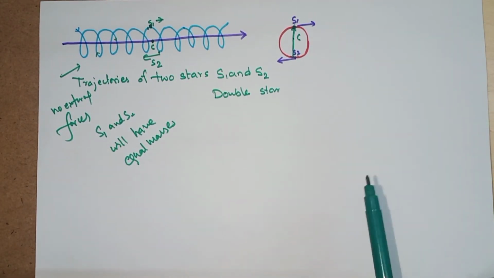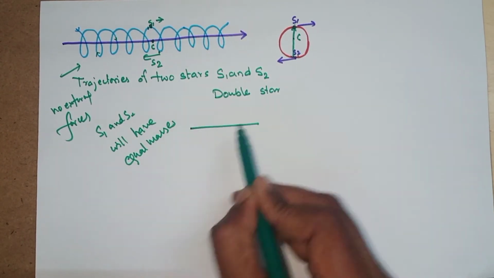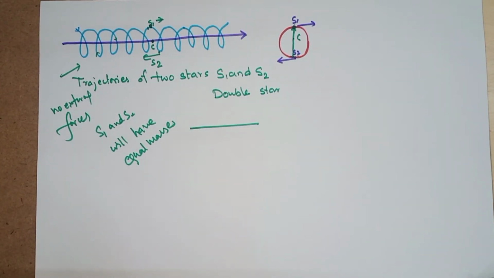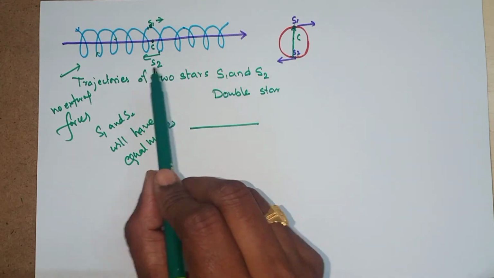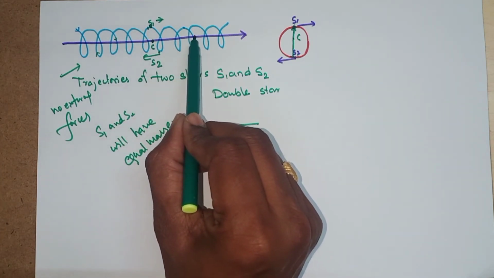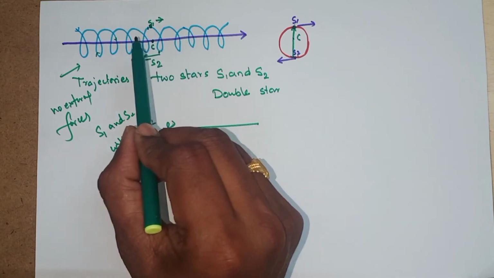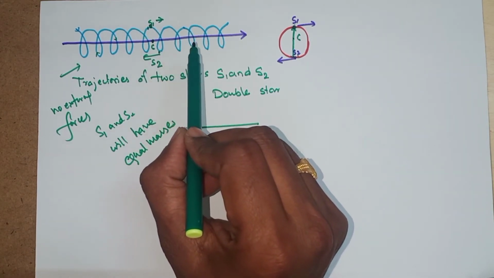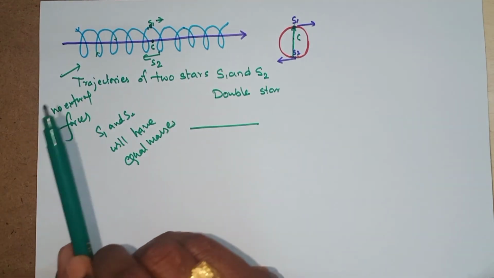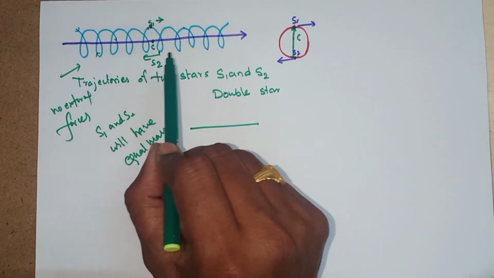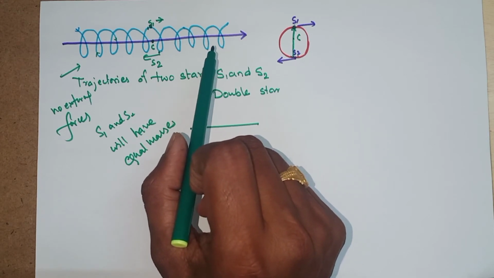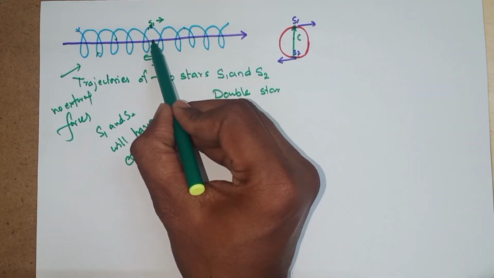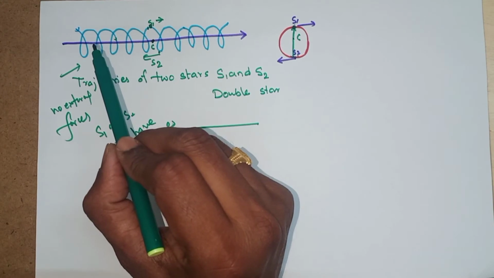So this is a laboratory frame of reference. The trajectory of the two stars is a combination of uniform motion in a straight line of the center of mass, and circular orbits of the stars about the center of mass. So we are separating the motion of the two different parts of the system into the motion of the center of mass and the motion about the center of mass.